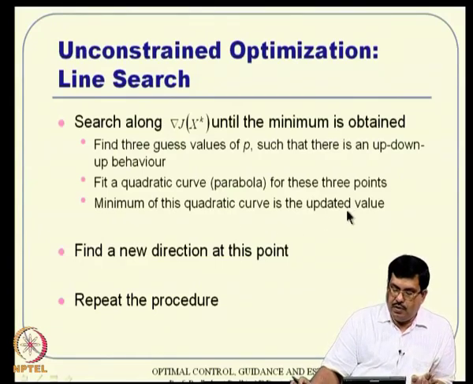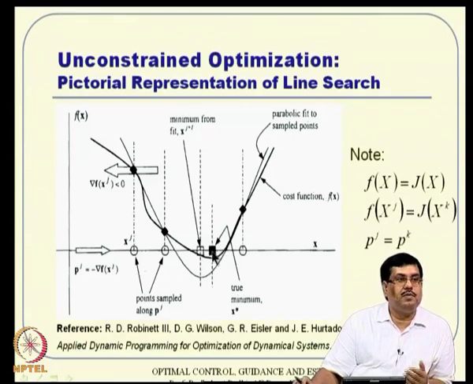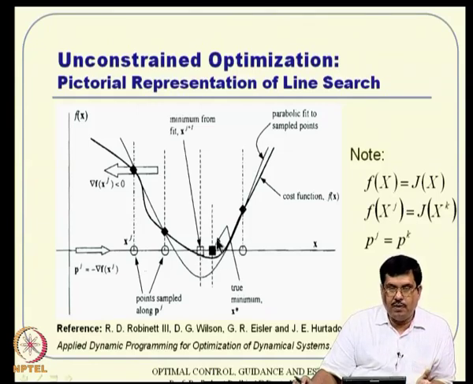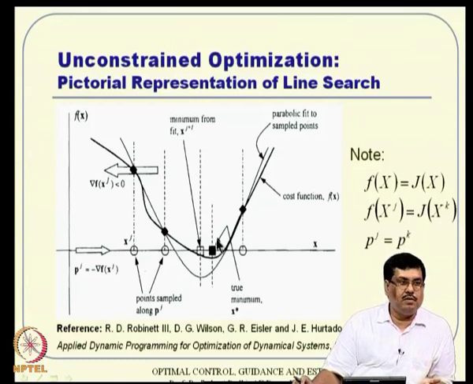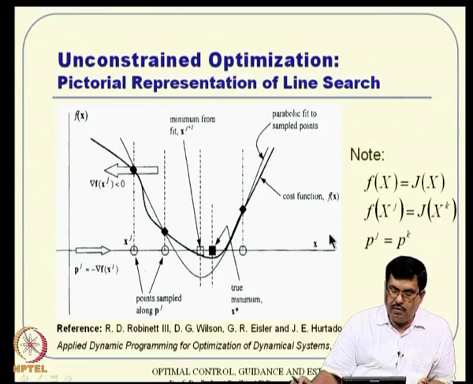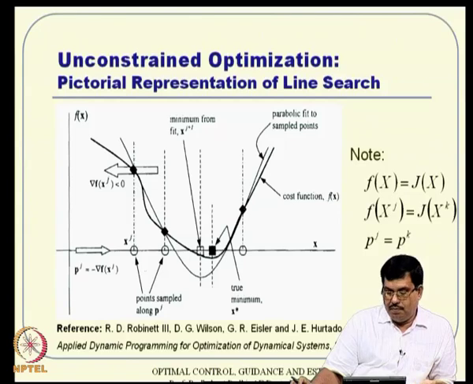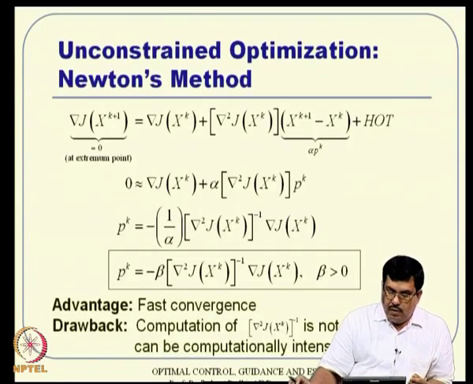And at that point again you find a new direction, and then repeat the procedure. Remember the direction is a very local property, so we may not be able to use the same direction anymore. Once you go there, you can find a new direction and continue the same procedure. That is how the steepest descent and line search method is quite popular, an easy way of mechanization, and a very intuitive procedure as well. Now, coming to some other method, what is called Newton's method